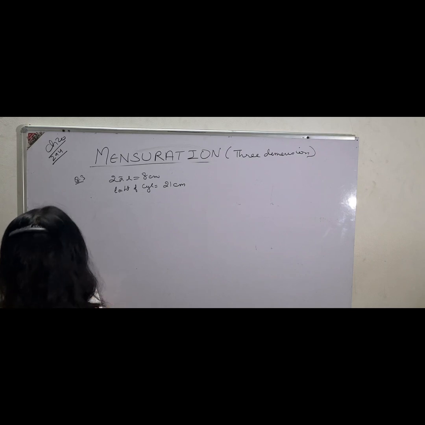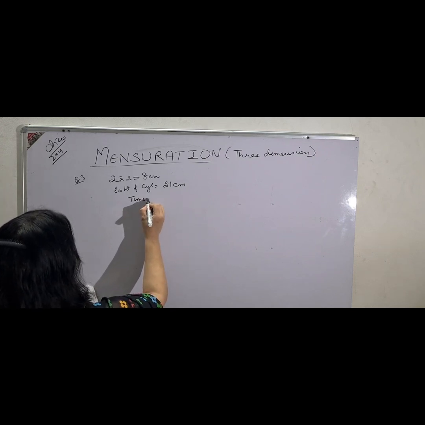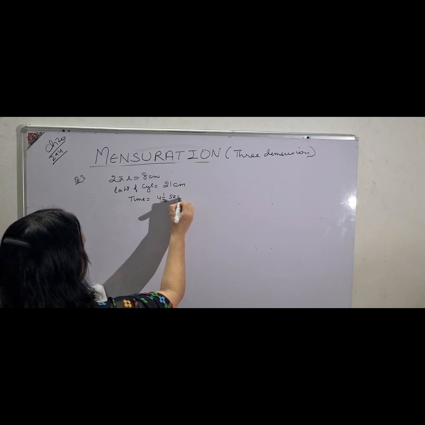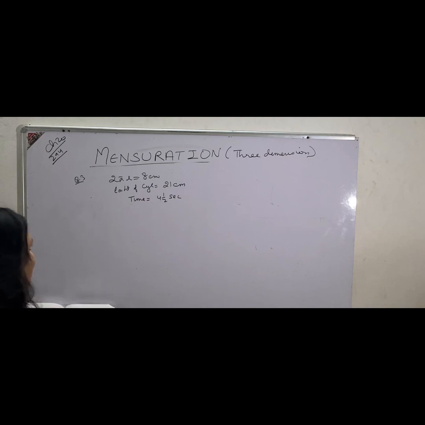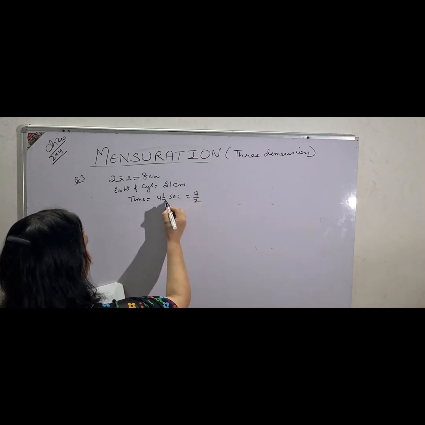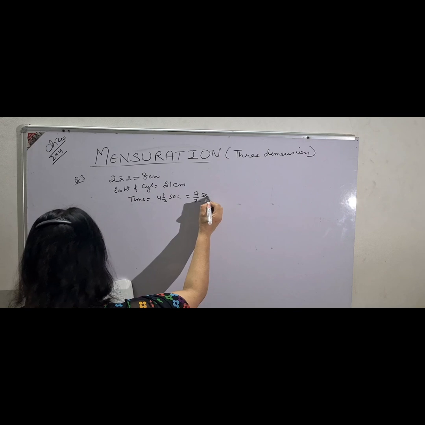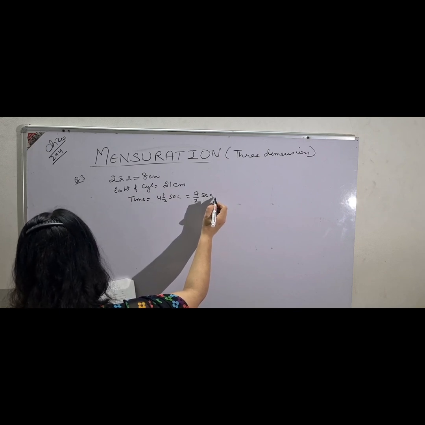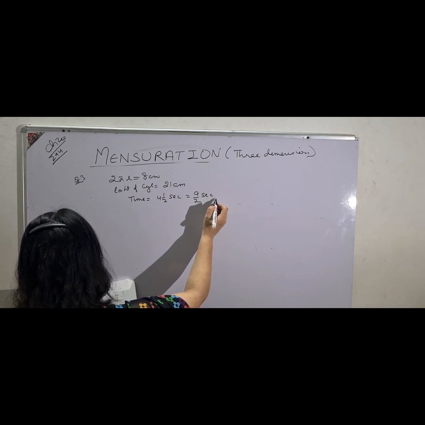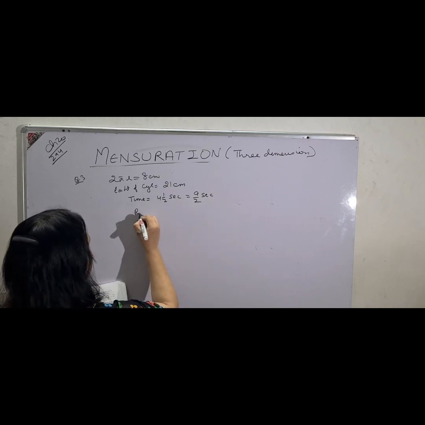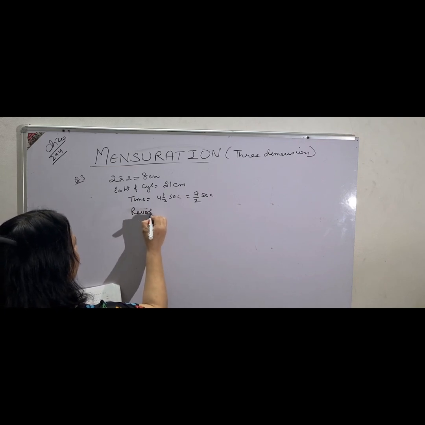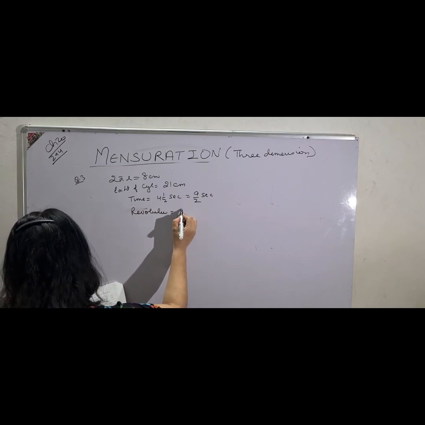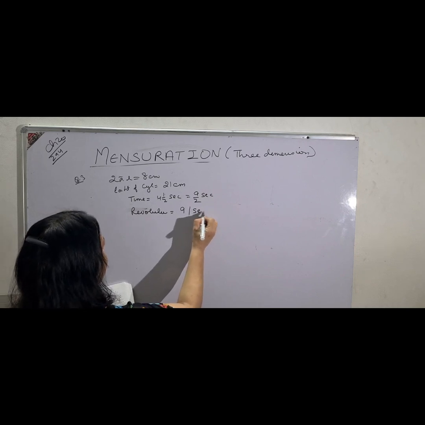Without sliding for 4.12 seconds. So time taken means the cylinder is sliding in the horizontal way and it takes 4 1 by 2 seconds. That means 9 by 2 seconds to roll, at the rate of 9 complete rounds per second. So revolutions or rotations, rotation you can say, if you want to write revolution, at the rate of 9 complete, 9 per second.